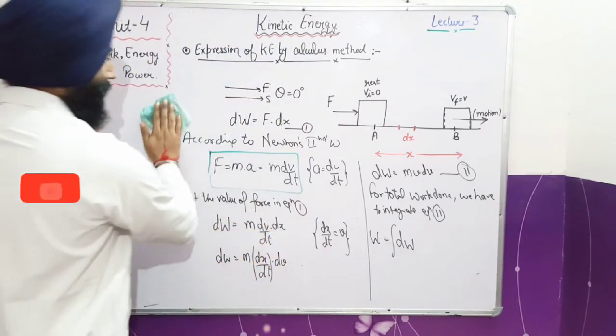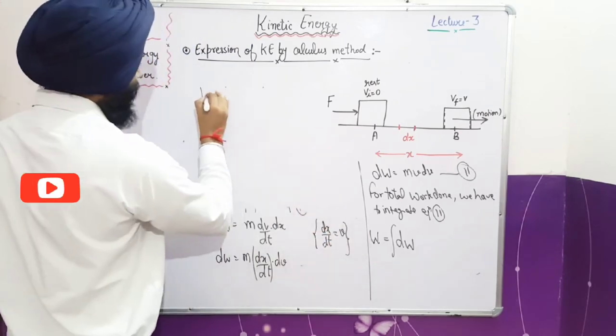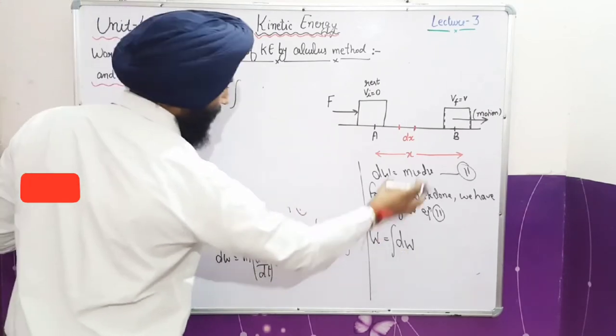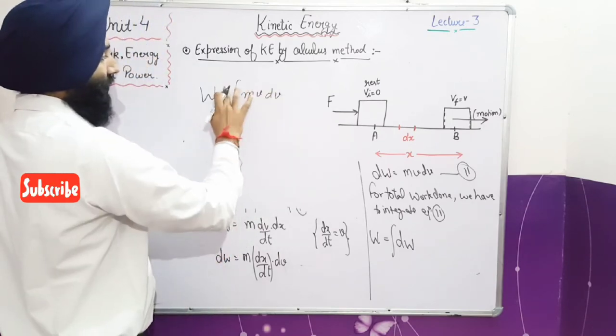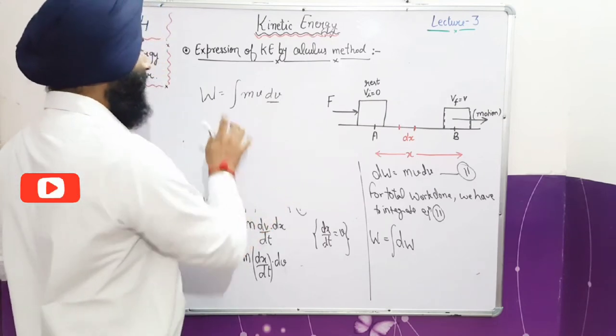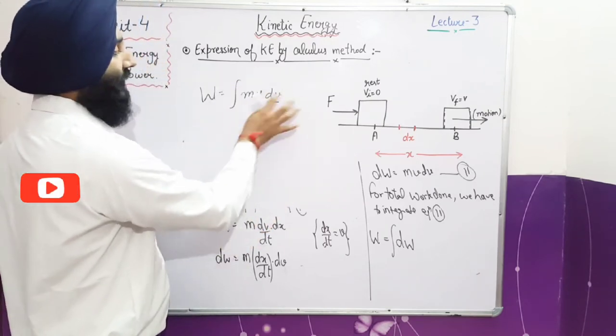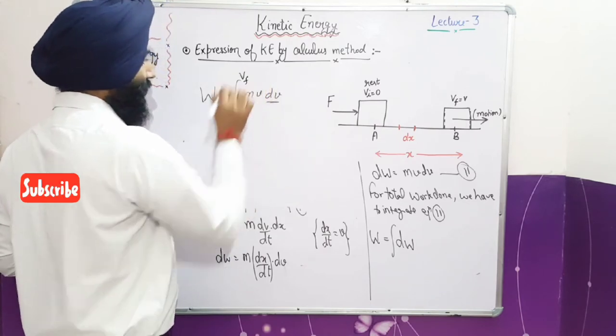Fine. So I am doing the further part here. So we know that work done is equal to the value of dw. The value of dw is mv dv, fine, by the appropriate limit here. The variation is in which quantity? Velocity. That's why I will use the limit of this velocity, so velocity from initial point to final point.